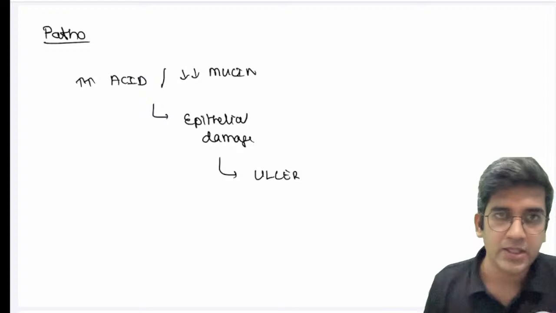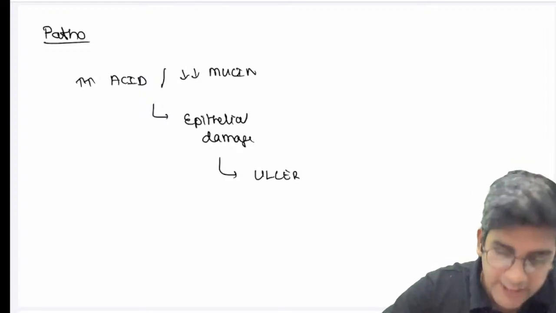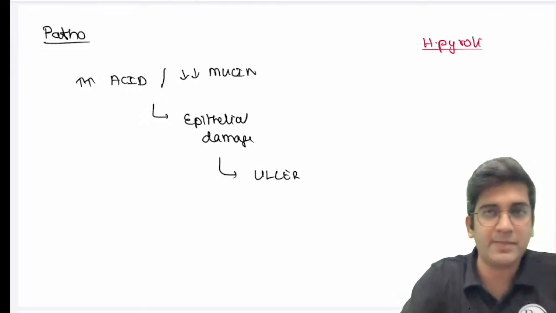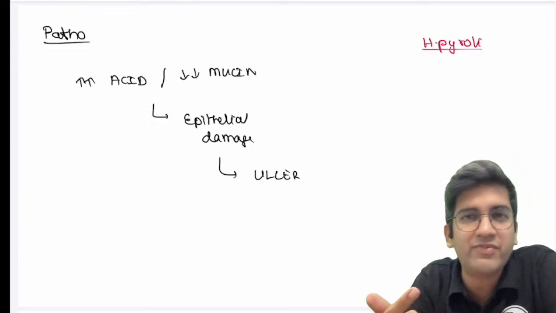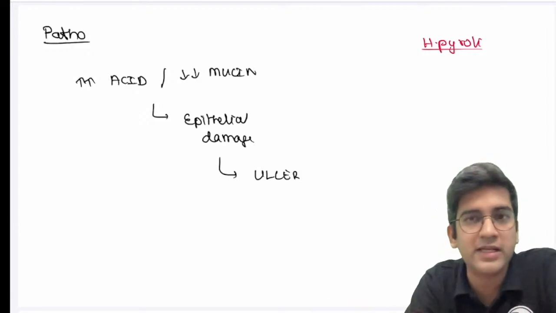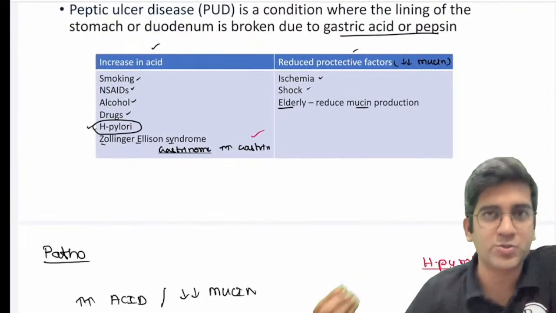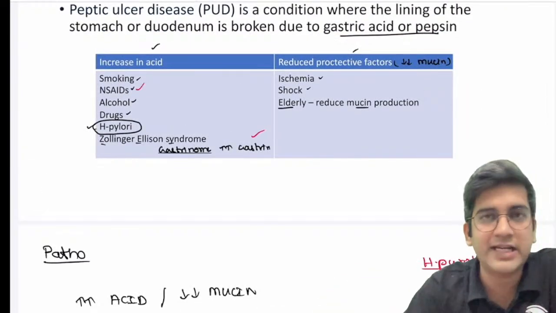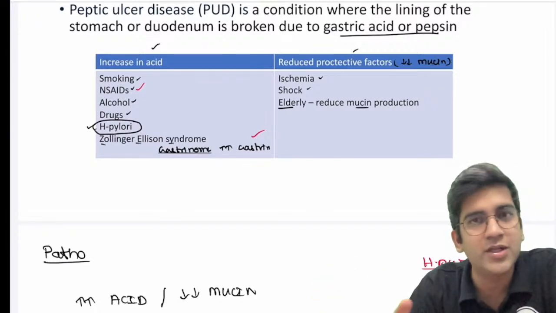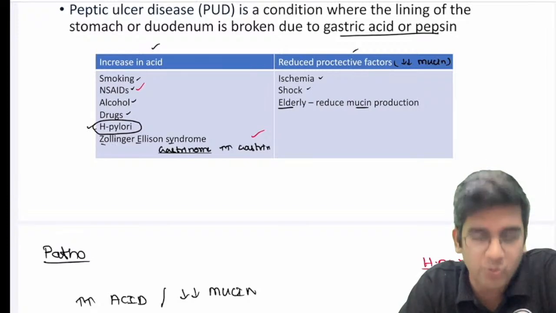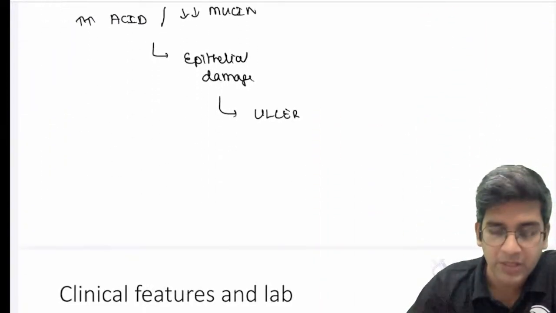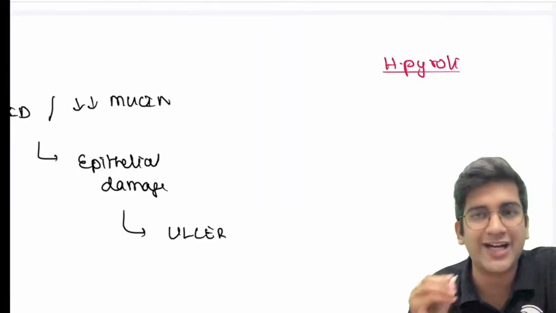Now, if it's going to be H. pylori, because H. pylori is something which we can talk a little bit about in the pathogenesis, because otherwise the pathogenesis ends up very short. There's nothing to explain. Maybe you can explain these parts. Gastrinoma is more gastrin secretion. Smoking and NSAIDs will cause more acid secretion because PGE2 and everything will be gone. Drugs, same thing. Smoking can cause vasoconstriction. You can explain to some extent, but not to a long extent, right? But H. pylori, I can definitely talk a little bit about that.